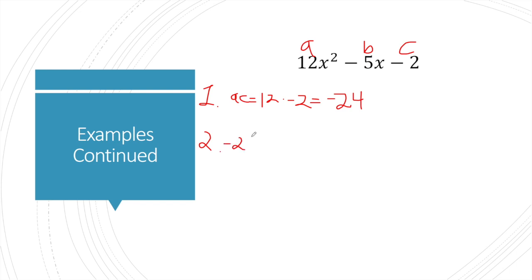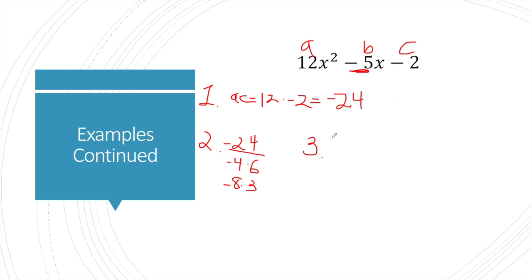So I have negative 24. Well, I know that would factor into a negative 4 times a 6. Well, negative 4 plus 6 is a positive 2. Nope. What about negative 8 and 3? Negative 8 times 3 is negative 24, and negative 8 plus 3 is negative 5. Ding, ding, ding. Perfect. So now for step 3, we can rewrite this middle term, negative 5x, as negative 8x